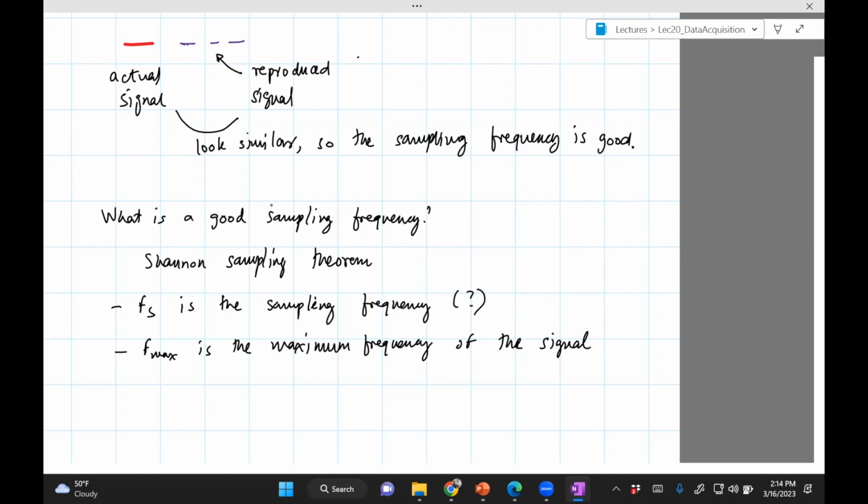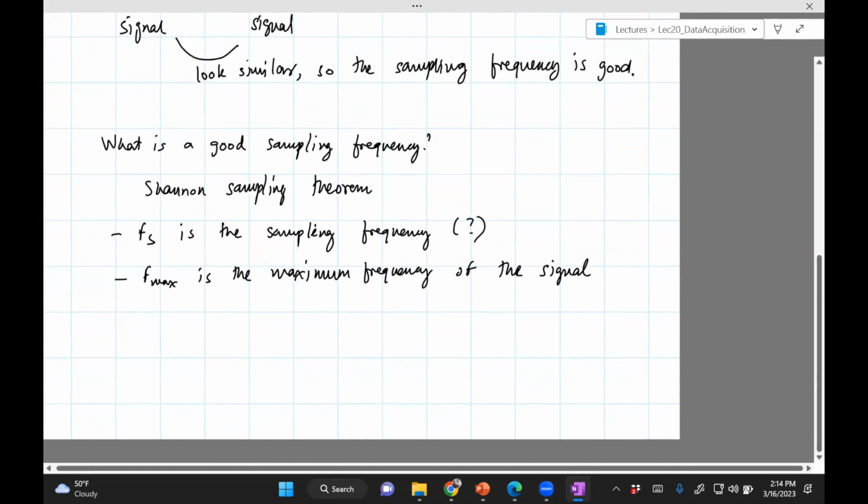Fourier series sort of takes the input signal and breaks it down into frequency components, and that's how you can figure out what the frequency component of a signal is, and that's what you'll use in this particular theorem. So now we have computed Fmax from, let's say, Fourier series. If it's not obvious what the frequency is, then Shannon's sampling theorem says that